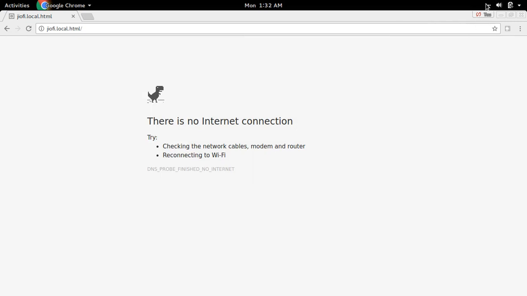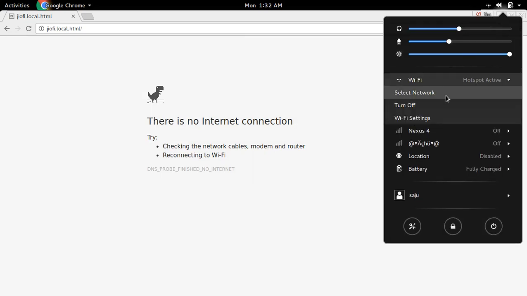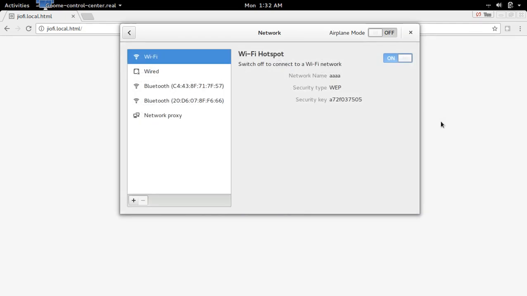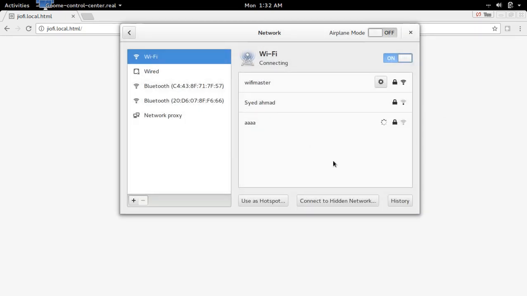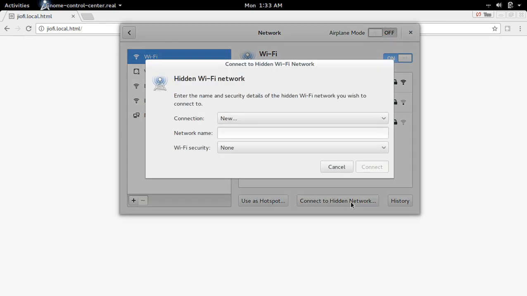So how do we connect then? There is an option, and this option is there in all mobiles and laptops. Go to Wi-Fi settings. There you can see an option like this, connect to hidden network. This connect to hidden network will be available in your mobile phone and in your laptop. Connect to hidden network, then just type the name of your network or SSID.